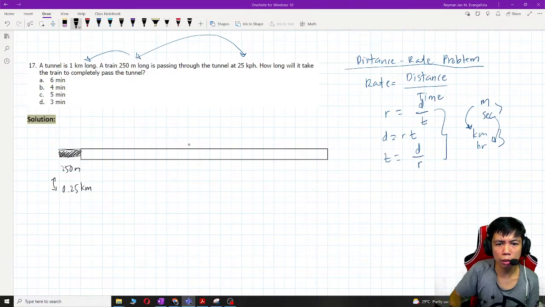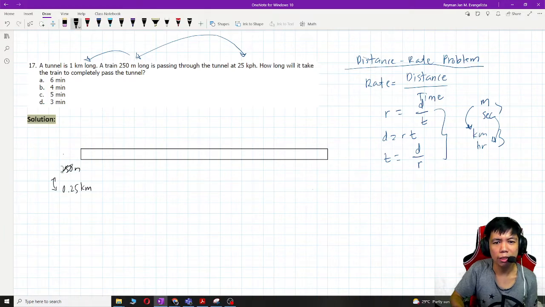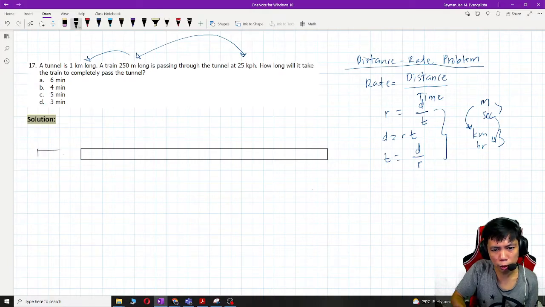Habaan natin ng habaan para medyo realistic na. Let's say, ganito kahaba yung ating train. So assuming that,